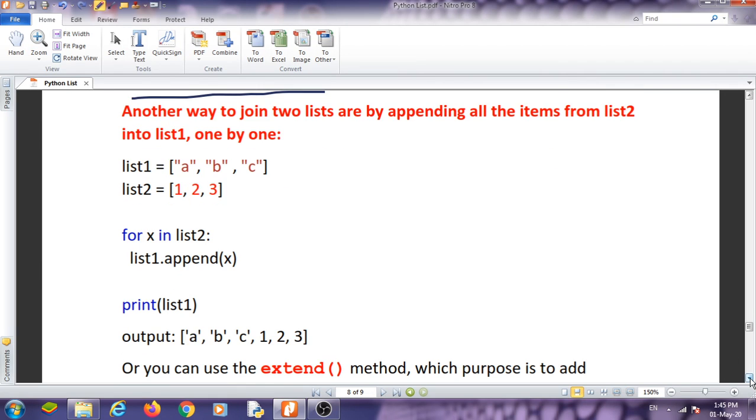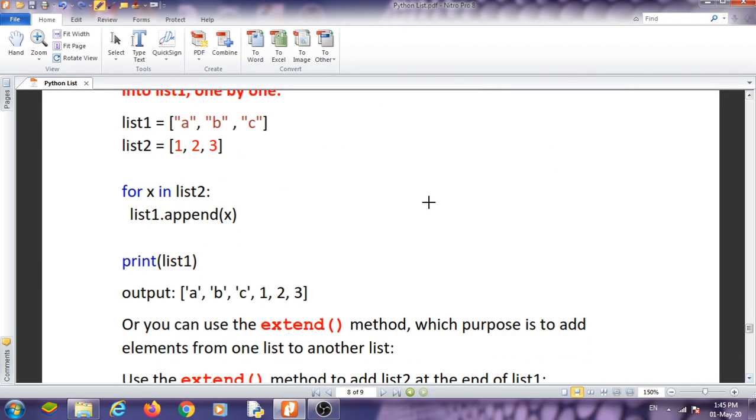Now this is another example, with list 1 and list 2. For x in list 2, we are running a loop on list 2, and list 1 dot append. The append function is used to add an element at the end of the existing list.